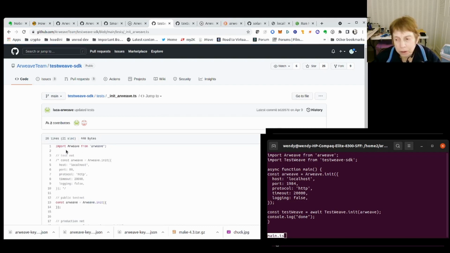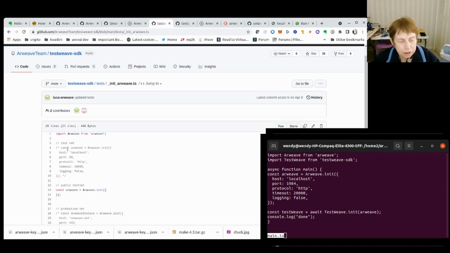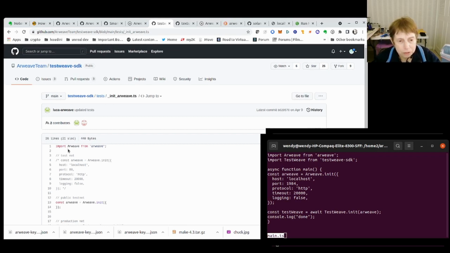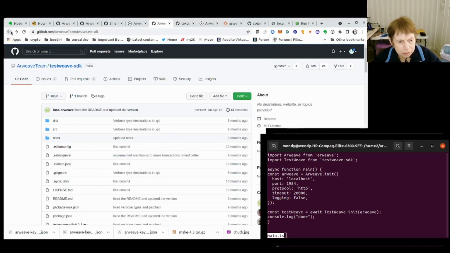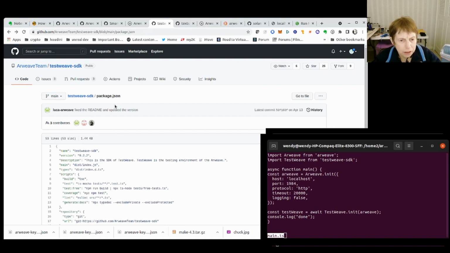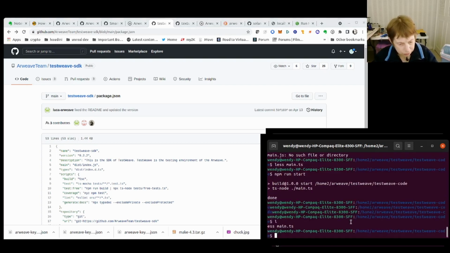I knew I needed to import that, and testweave I also needed to import because that's the library we're using. Now the way I found that is by looking at the package.json for testweave SDK. As you can see, this is the name and this is the version. That's important because if you look at the package